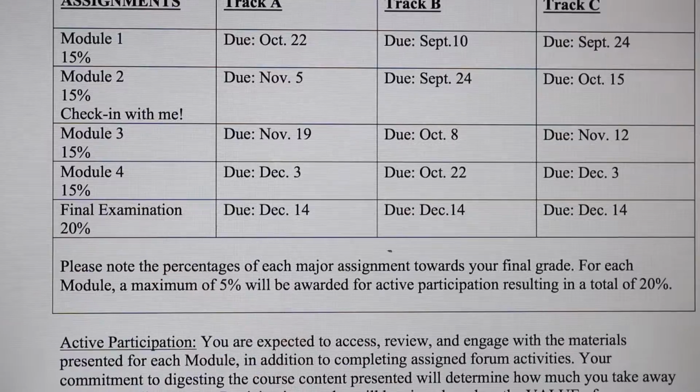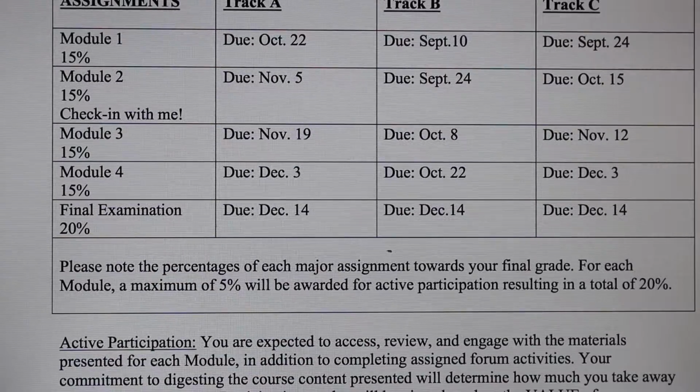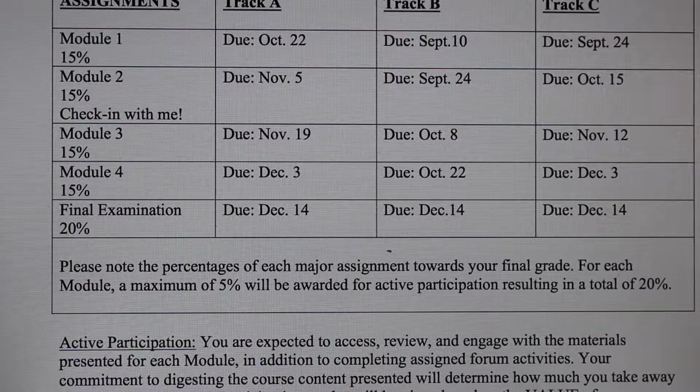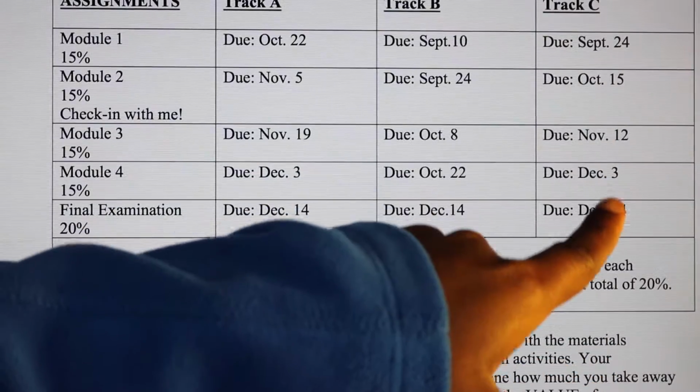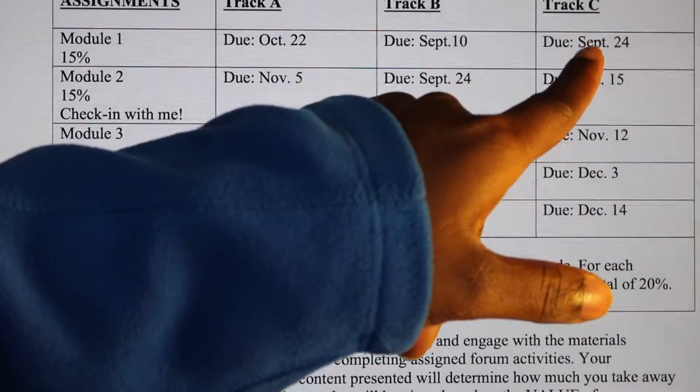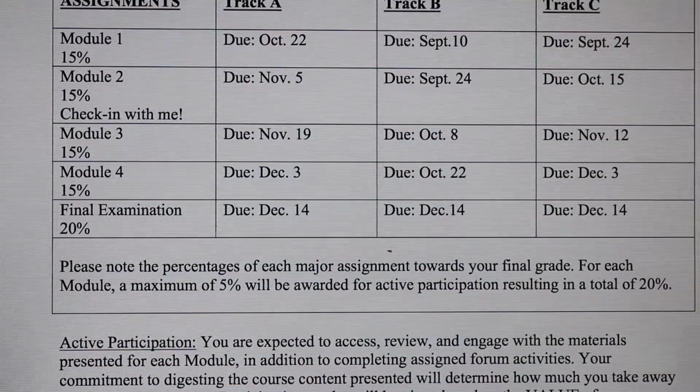Track C. Track C should appeal to those people who don't have to do practicum. So you don't have to worry about being pressed for time or feeling overwhelmed because you have assignments due and practicum is due, because you're not in practicum. So you can actually have your assignments spread throughout the course. Okay? So